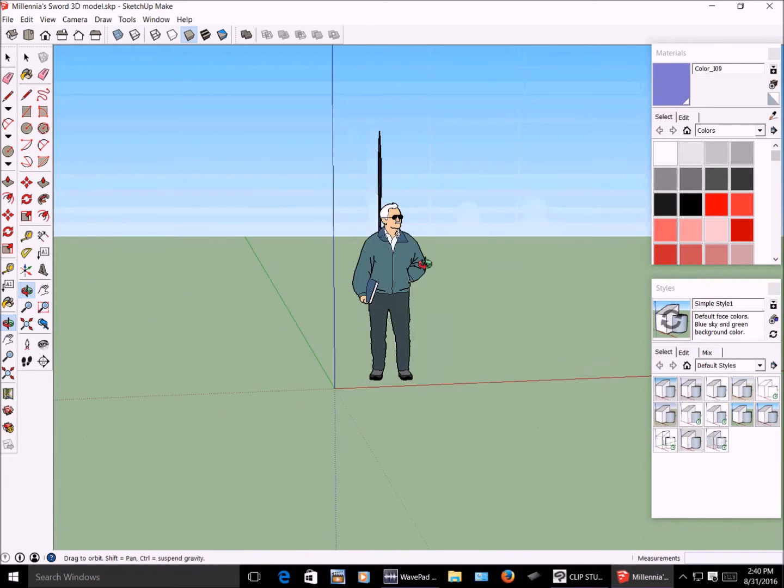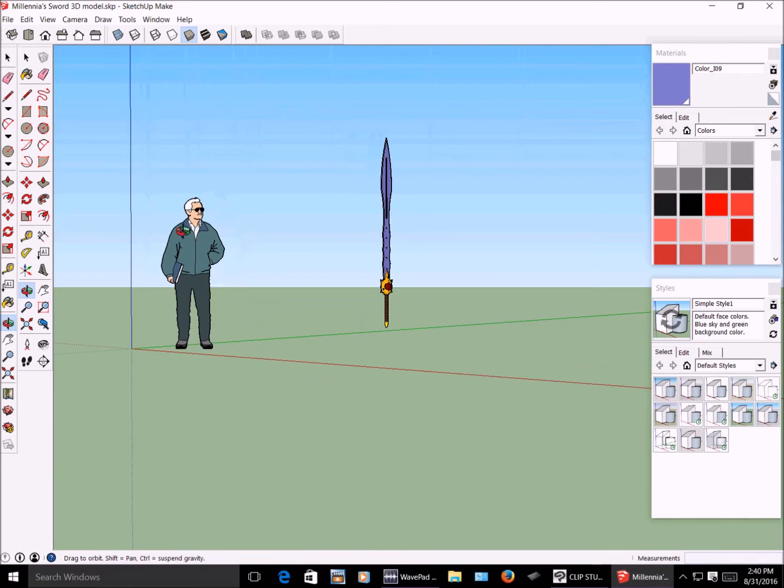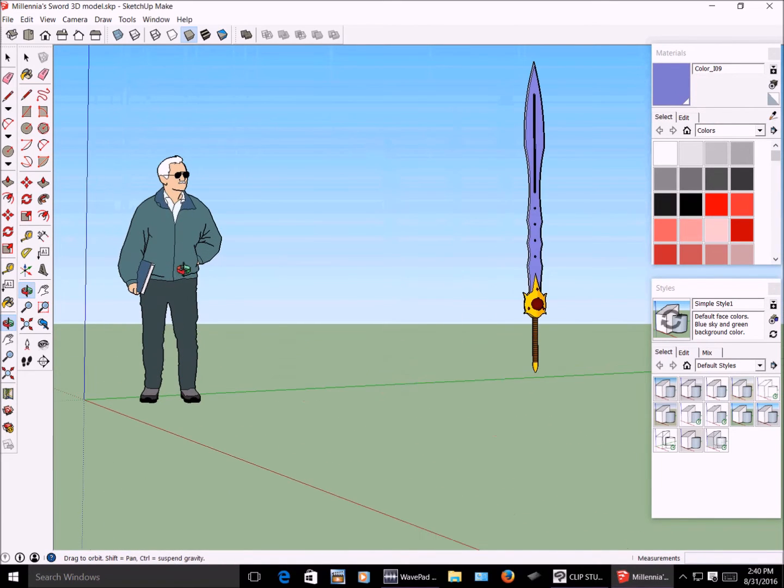Now this is just a standing image for any model maker in Google SketchUp to understand the proportions to get it right for human size. So it's not really needed. If I were to take this and convert it right now to a file for Manga Studio, the 3D camera that's used in the 3D models would focus around him because he is on the XYZ axis plane and not the sword. I want to move the sword onto the plane so the camera centers around the sword and not him. He's easy to get rid of because all I have to do is press eraser, hit his edge, and he's gone.